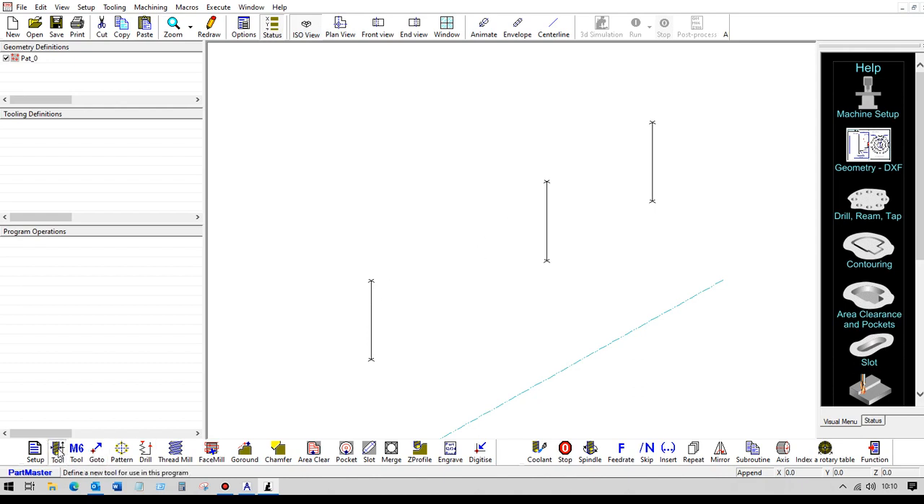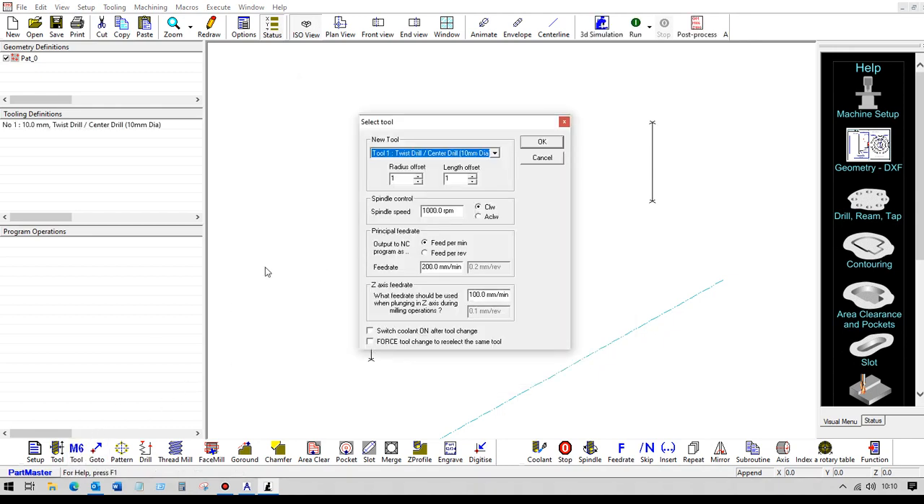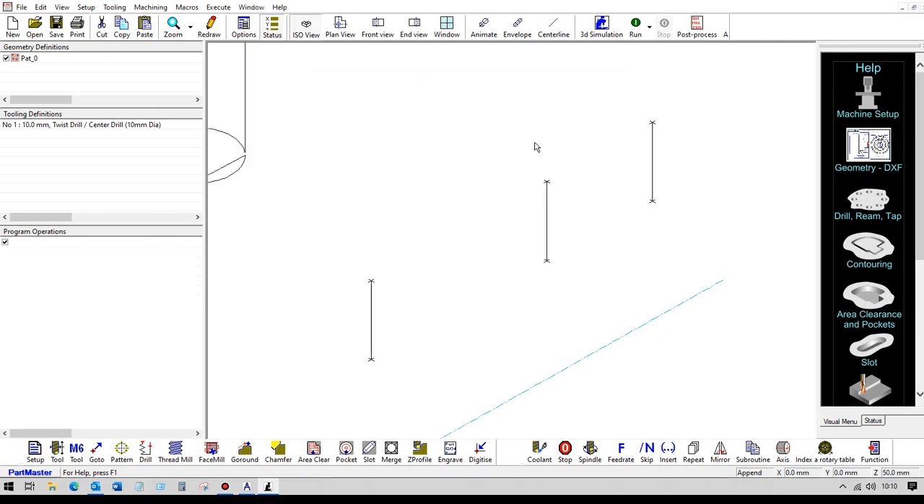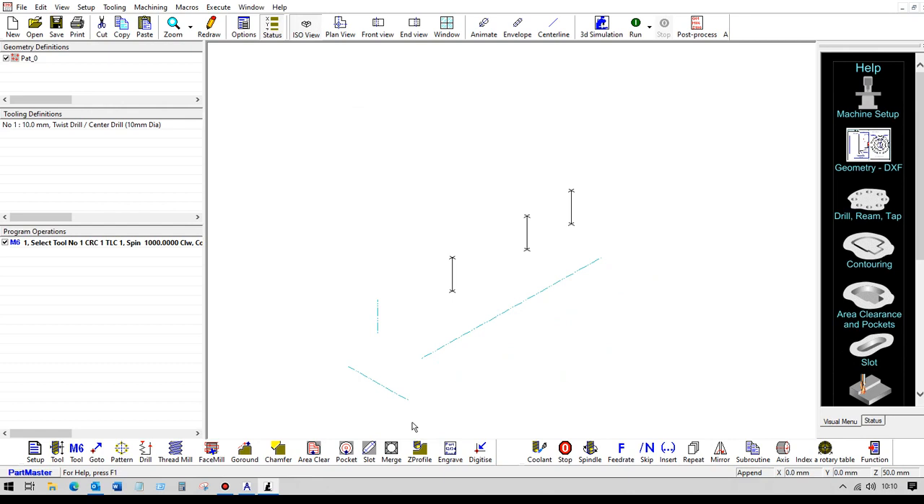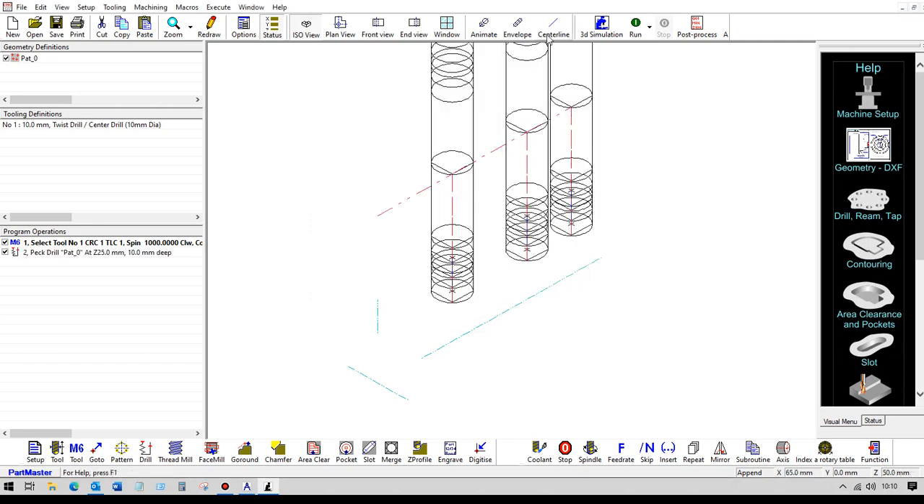So let's define a drill. So we'll just have a standard drill, and we'll select that tool for use, set the spindle speed and the feed rate, switch the coolant on if we want to, and then we'll just produce a drill pattern. So we use drill, let's have a peck drill. It picks up the work surface and the depth of the holes from the drawing, but if you need to change it, then you can do here. Let's have, say, 3 pecks. Okay, so that's created